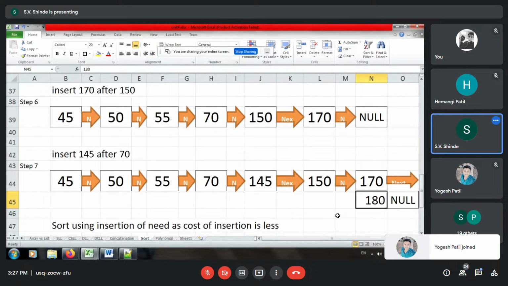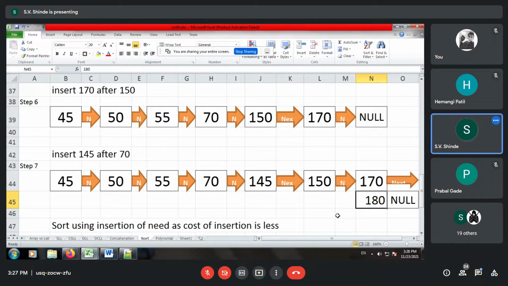So what happened over here? This is a sequential algorithm. Whether you sort the contents or you don't sort them, your complexity for searching is not improved. So it is O of n, where n is the total number of nodes. Everyone got the problem? So what is the problem? Either you sort the data in the linked list or you don't sort the data, the searching complexity is O of n. Everyone getting this?